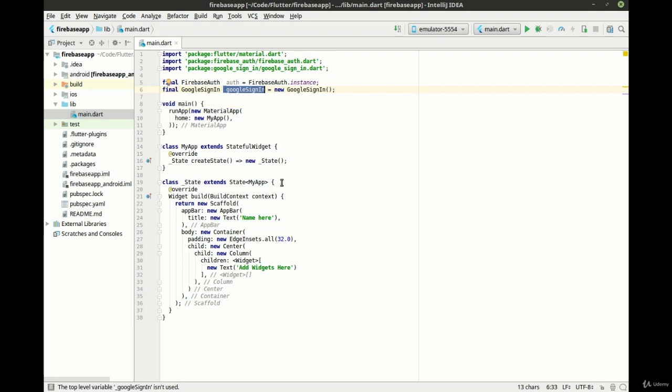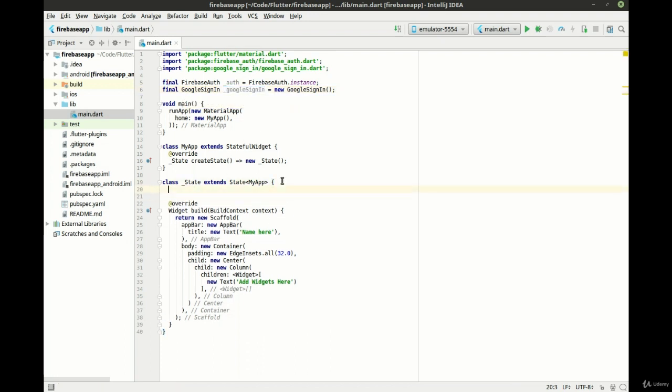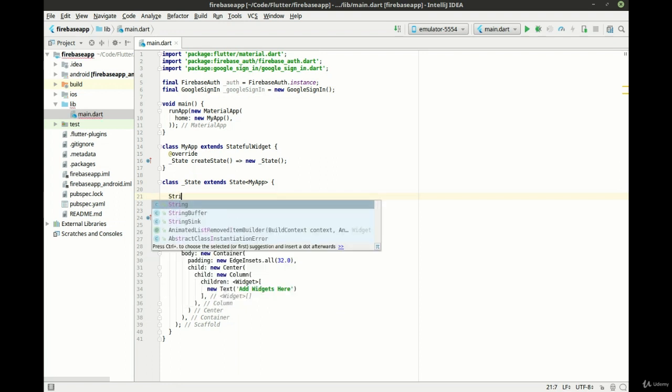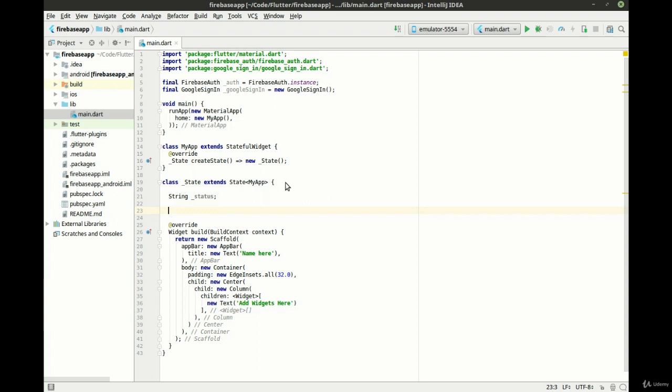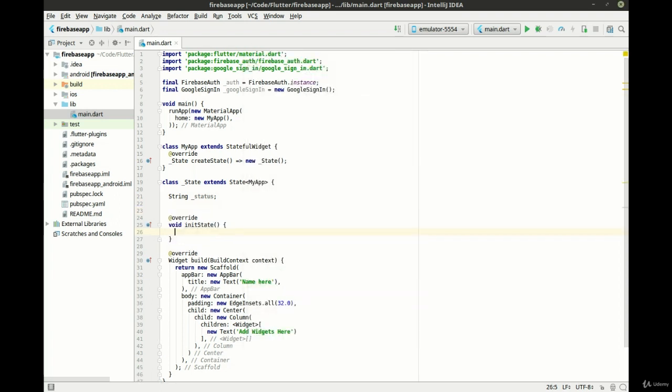We're going to go down to our state. Now I know somebody's asking the question, why are you playing around with state? I thought Firebase would handle the state. Well, using Firebase's real-time database and even storage, you can actually have two different states. You can have the state out in the cloud and your local state. It gets a little confusing, but it's actually very simple once you get into it. We're going to initialize our state.